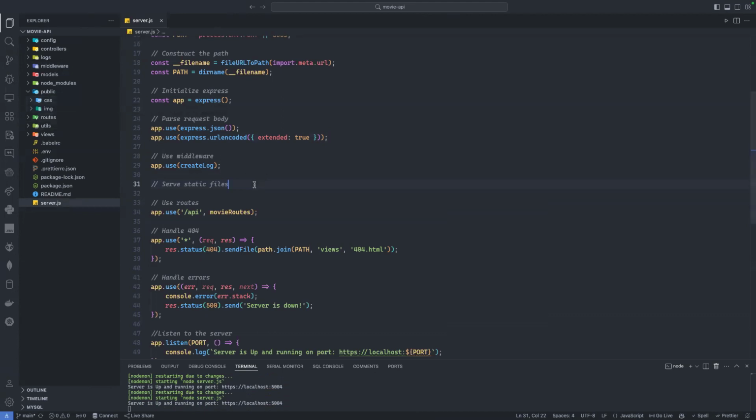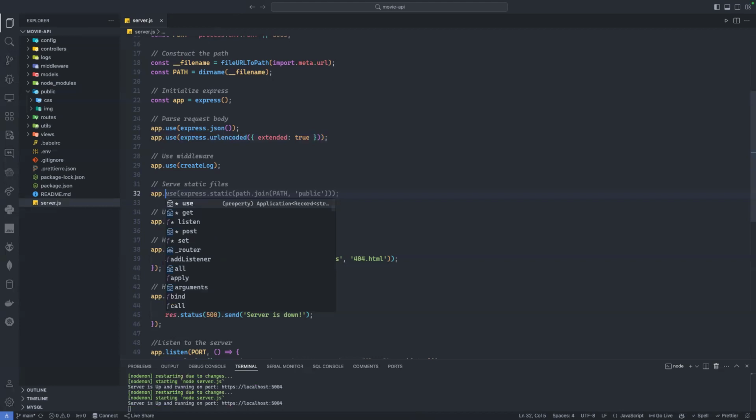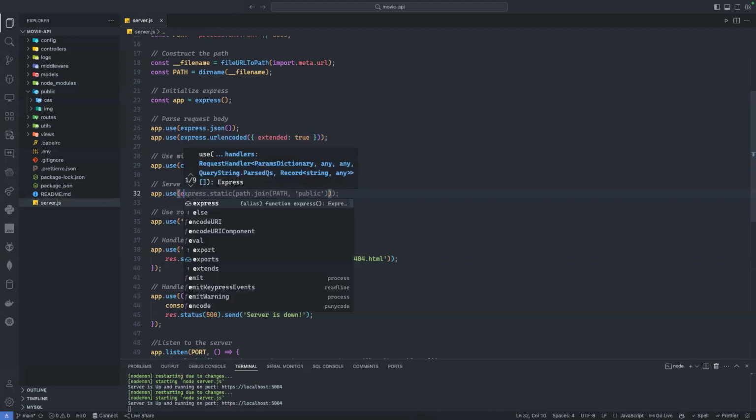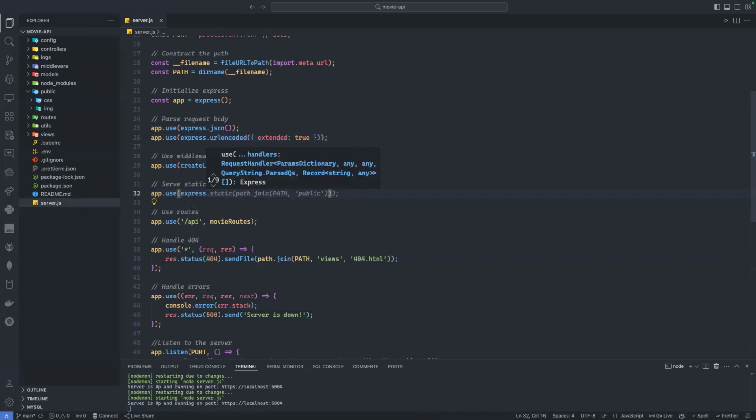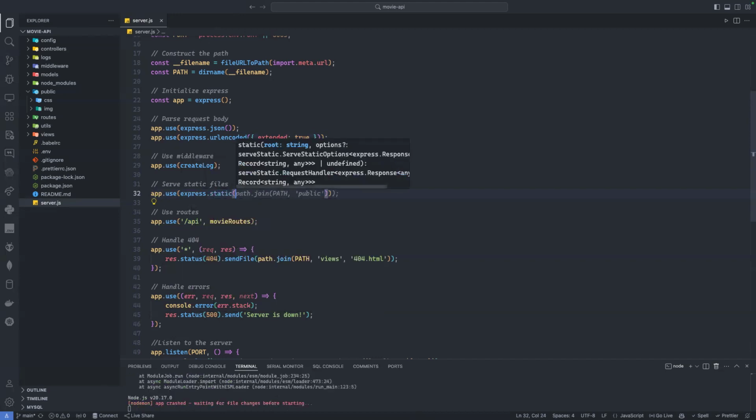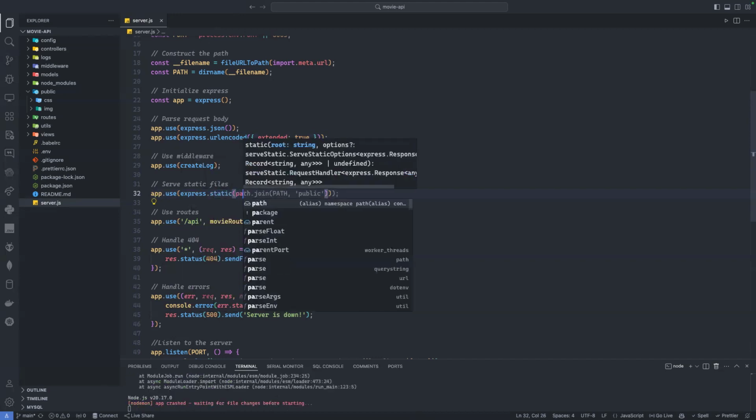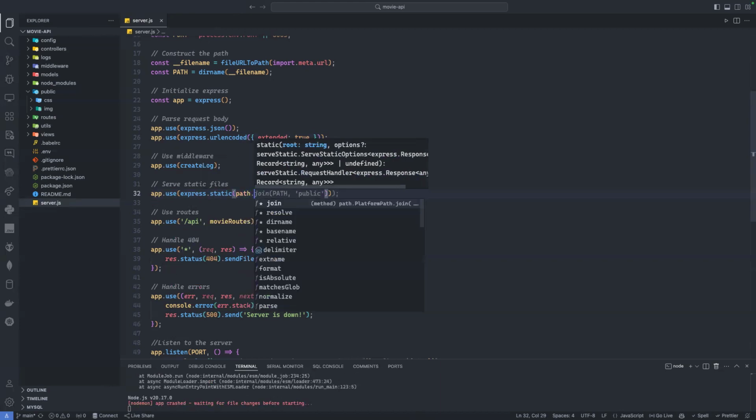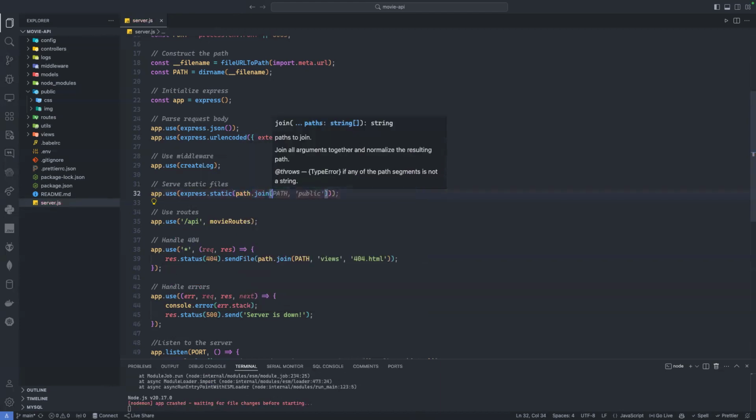I will just say app.use express.static, and I need to add the path to this file. So I can just say app.use express.static, and now I need to add the path. So what is the path? I can use path.join again, and I can add the path because I already have the path to the directory,